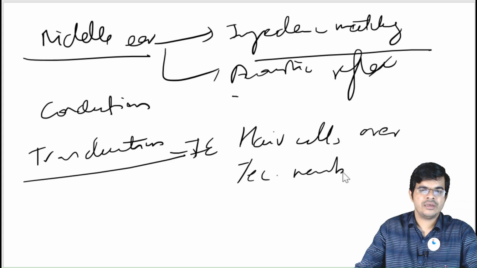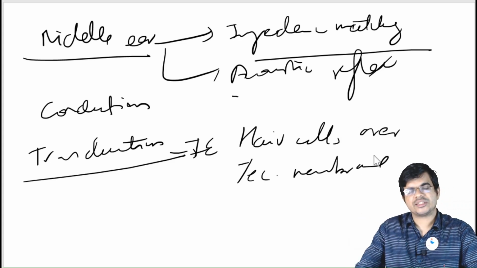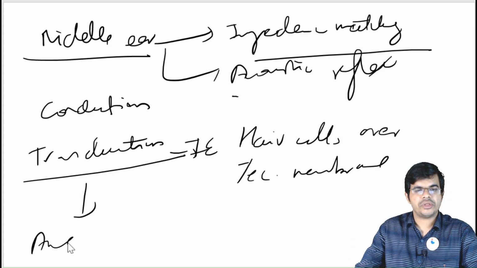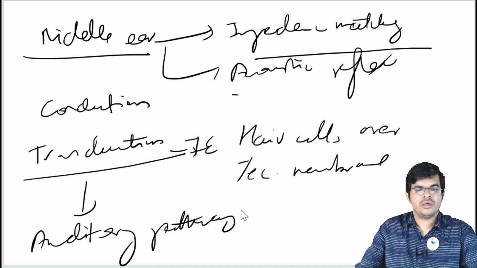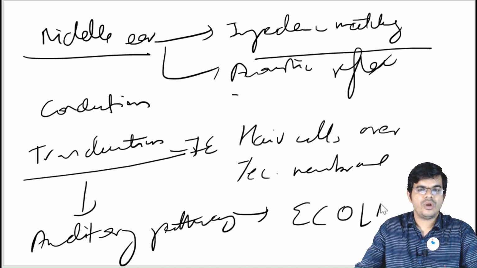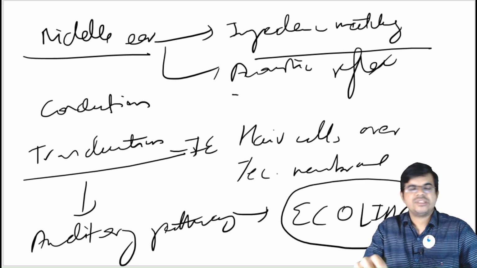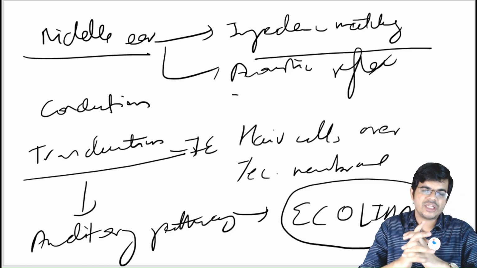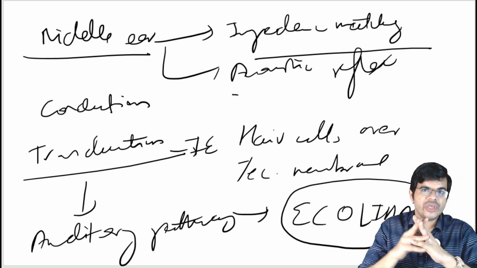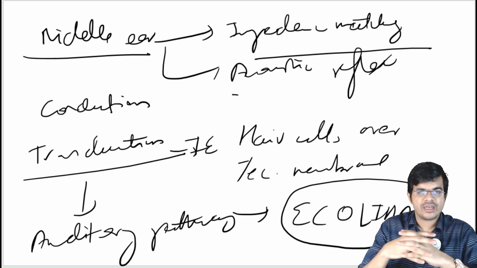Okay, hair cells over the tectorial membrane can result in transduction, and after transduction what happens? It goes into the auditory pathway. And what is this auditory pathway? It is E. coli ma. Okay, E. coli ma. So this is the physiology of hearing in a nutshell. Please go and read this today itself. It is very important that you understand the mechanism of hearing, because when you are going into the diseases of the middle ear, you will realize how the conductive pathway is getting affected, and because of that there is a problem